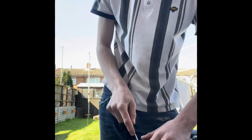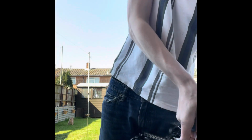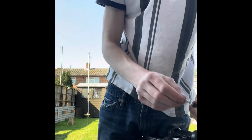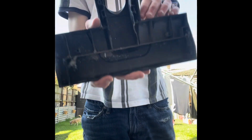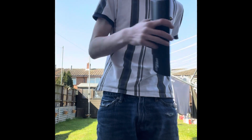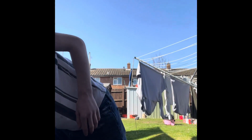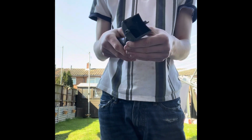Make sure you can pop these wheels off, just so you can get all the dirt and everything from behind them. As this one is quite new, there's not much dirt behind them, but if it's heavily used, make sure you've got all the screws out of it. And the top you can just lift off. This one has been a bit used, but she bought it second hand, so it's quite good. Then inside you can take this bit off,